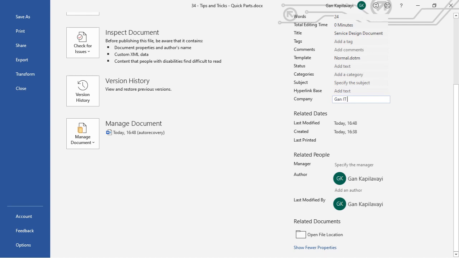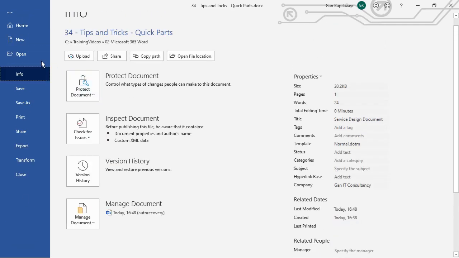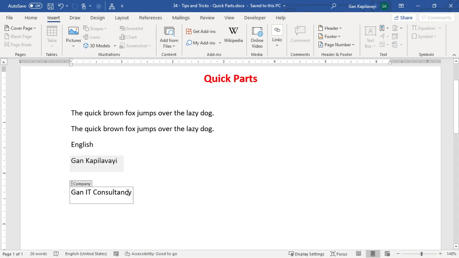Then save, and this name automatically appears here. So these are the properties that will carry with this document.